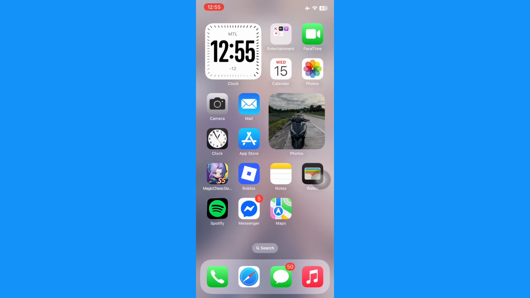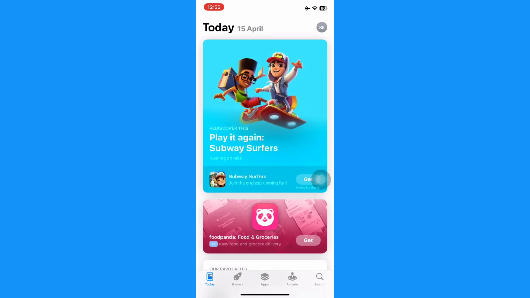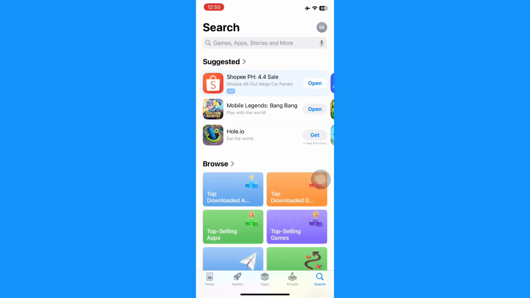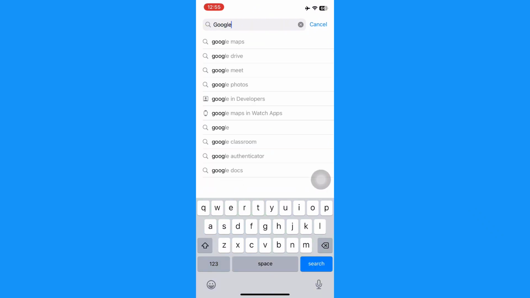So, first and foremost, you need to check the App Store. Use the search icon at the bottom, and then search for Google Pay. If you find it, that means that the Google Pay application is available for your device. Now, if you don't find it, that basically means that the Google Pay application for iOS in your region is